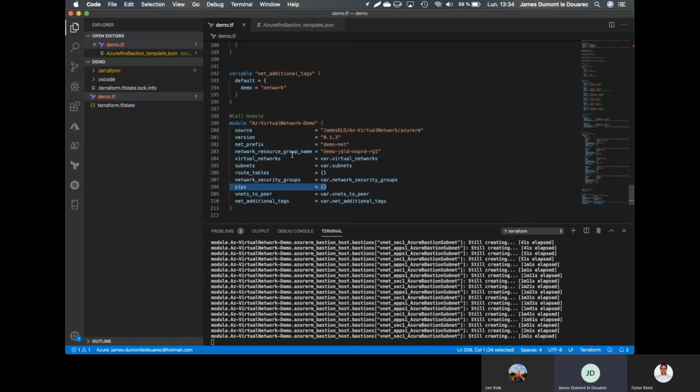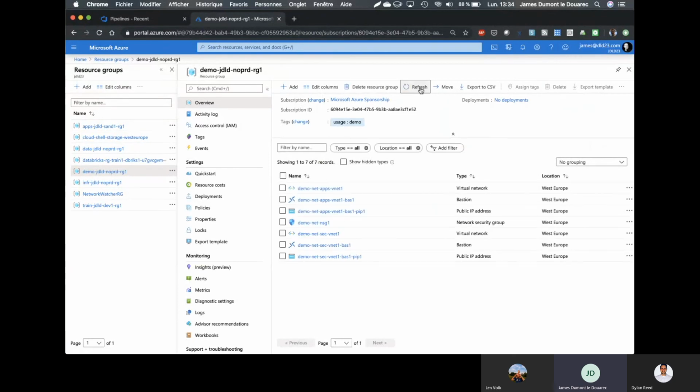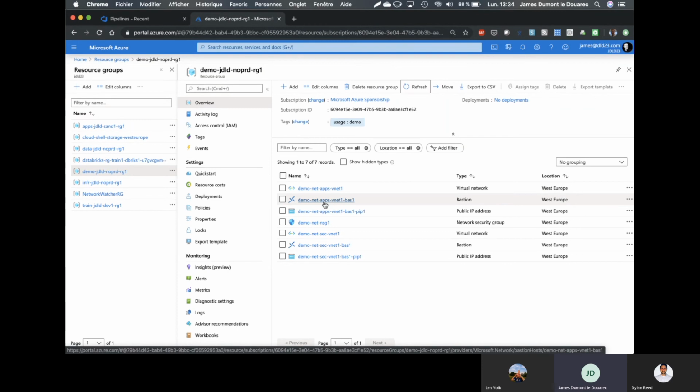And the other point is that when we create the bastion host with this module, it is created with a specific name, and its public IP will be named bastion host underscore public IP. In this way, when we go on the Azure portal, we get clear information about the dependency of the resource.